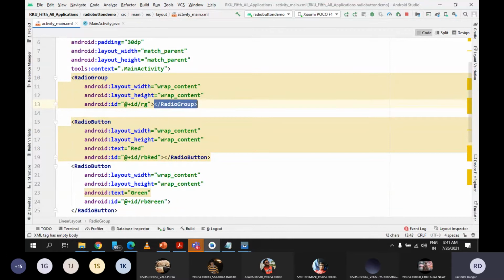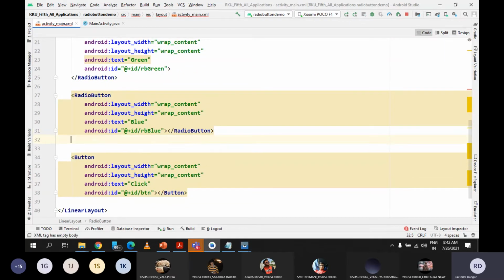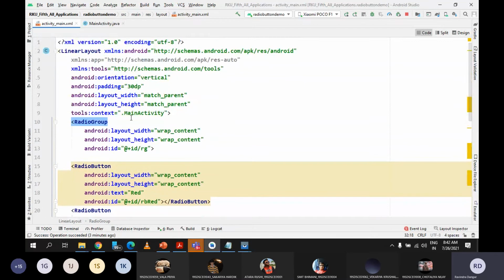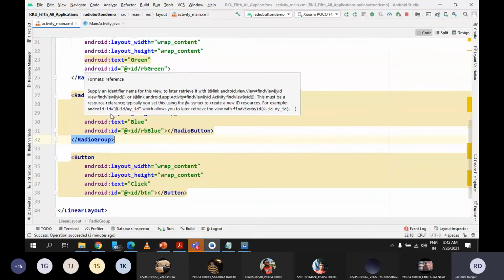And now see here, I don't want to complete this radio group inside which I want to place all three buttons. So I'll cut this. So now this is the radio group I have created, inside which I have placed one button, second button, third button, and here outside I can complete the radio group. See what I have done. I have created a radio group. Inside the radio group I have placed three radio buttons. Are you getting me what I have done?